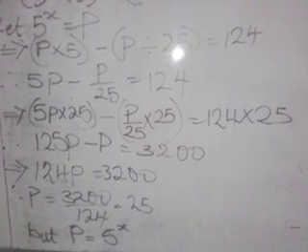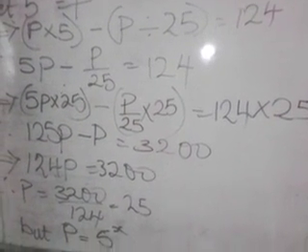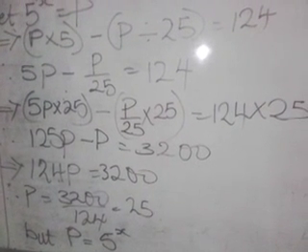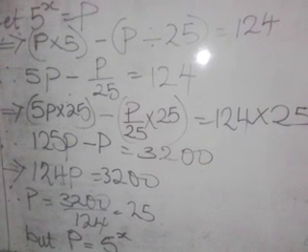125 times 25 gives me 3,200. So if I now continue like this, what do I have? 125